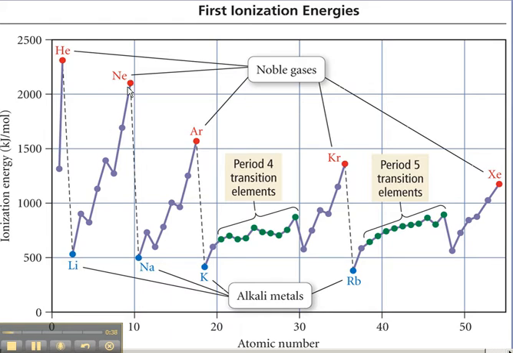ionization energy to increase. And this is logical because as we move from left to right across the periodic table, the effective nuclear charge increases. The greater effective nuclear charge holds the electrons more tightly, and therefore it's harder to remove those electrons because they're held more tightly. You'll notice a couple of variations from that general trend, and I want to talk about why